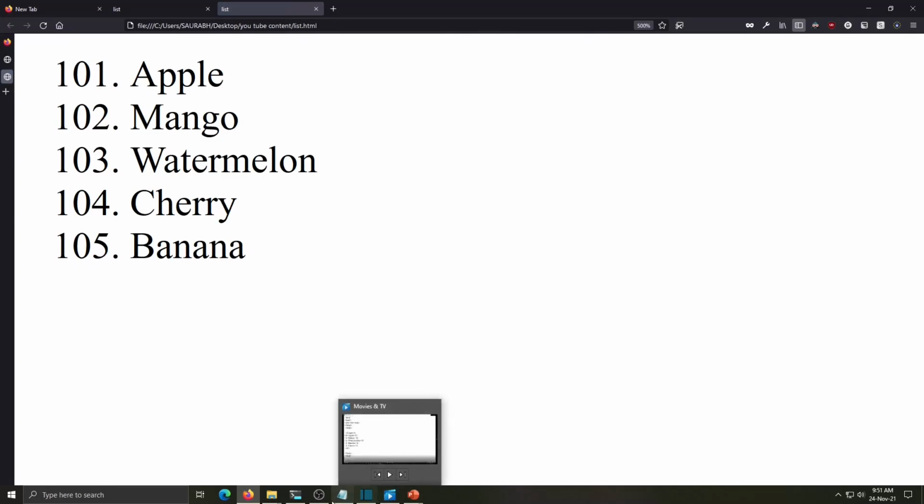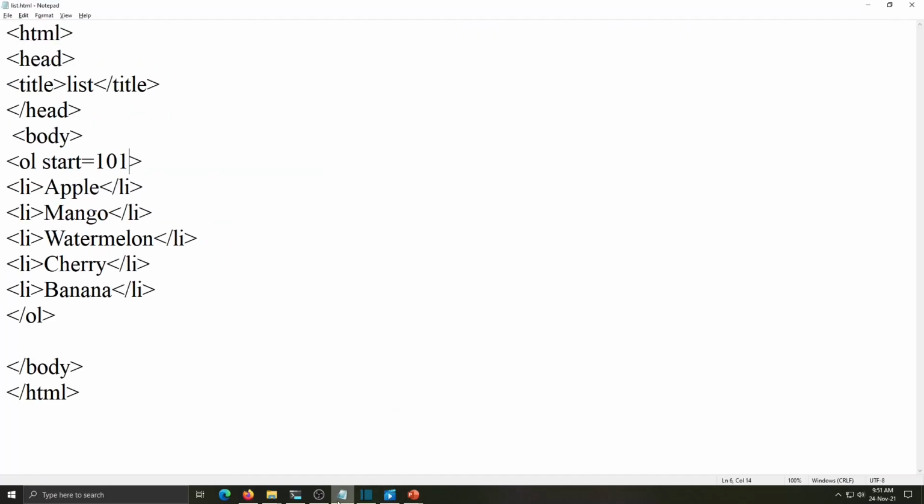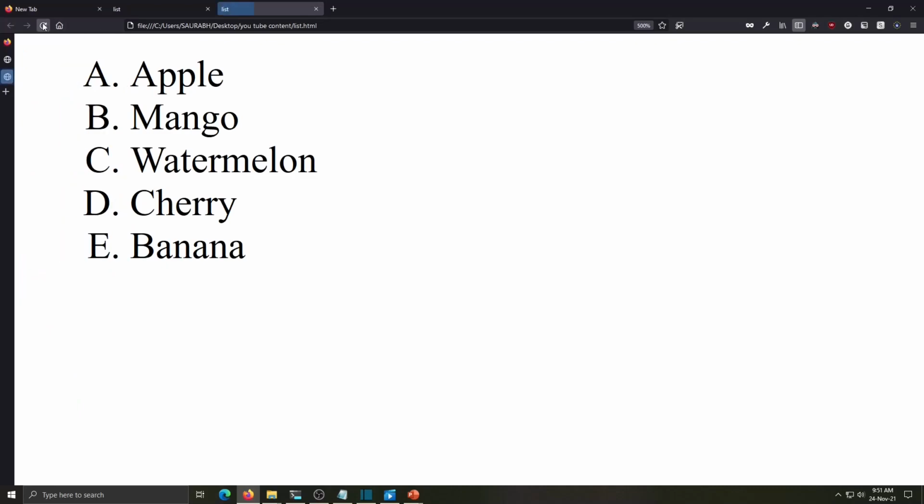This is the start attribute. Now the next attribute is type and value capital A. Save this, browser, refresh. The list is displayed in capital ABCD.